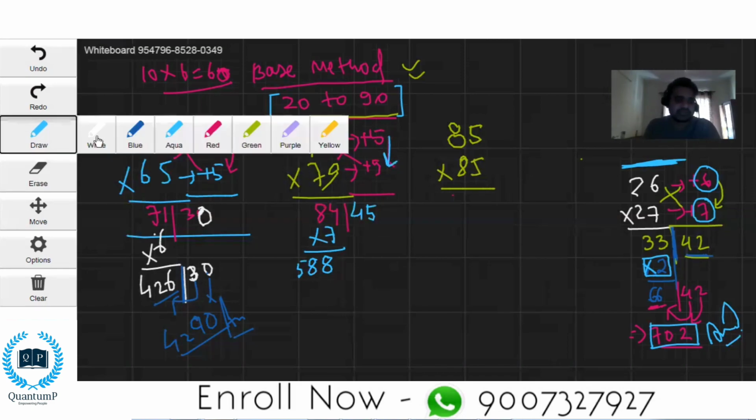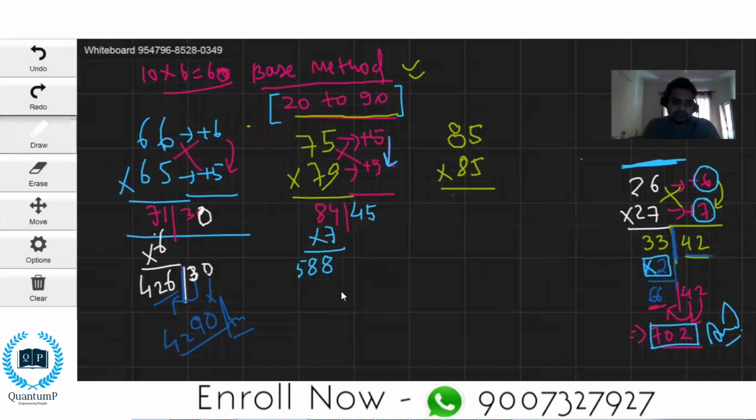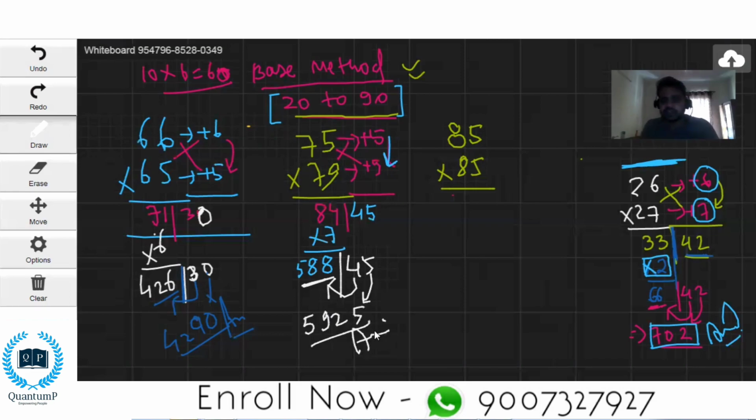Then next, we'll write 45 here. Then this 4 will shift to this side. 588 plus 4 is 592, and this 5, right? So the answer is 5925. Correct. This is of 70 base. Okay, let's do for